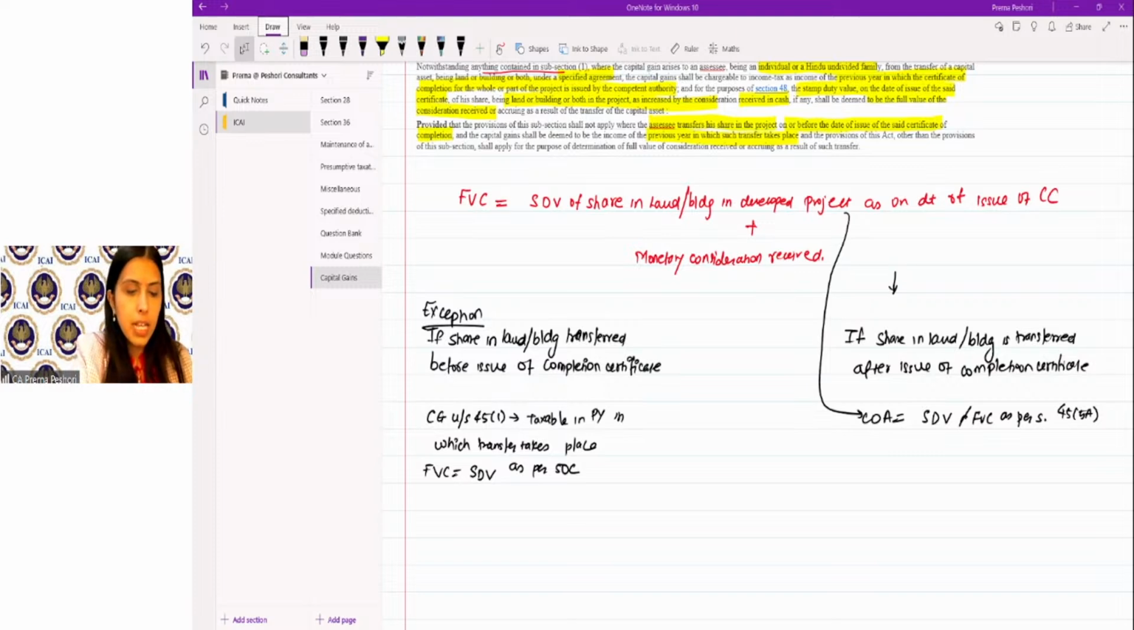Clear? Now, in this case also, there is a TDS. Like we had it for compulsory acquisition, here also we have TDS, which is under 194 IC. So there is TDS here under section 194 IC on the cash consideration, on the monetary consideration,